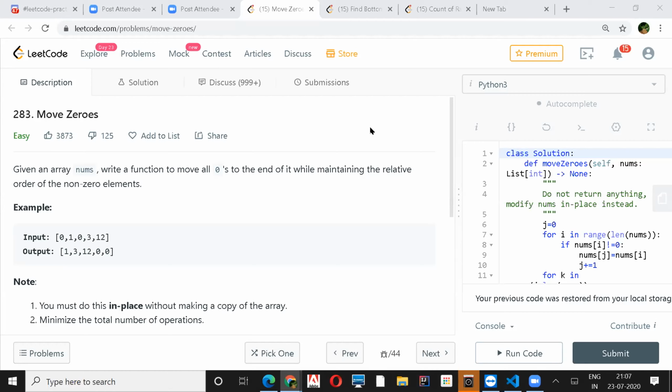Yeah, are you able to see my screen? No, not yet. Am I audible? Yeah, you are, but I'm not able to see your screen. Is it visible now? It's coming up. Just give a second. It's loading.